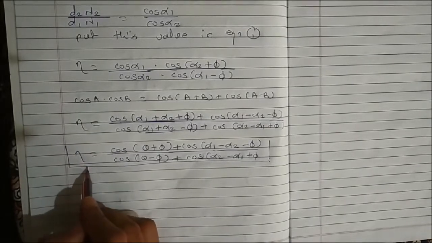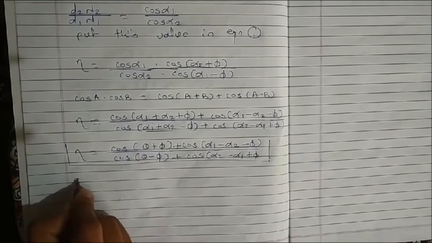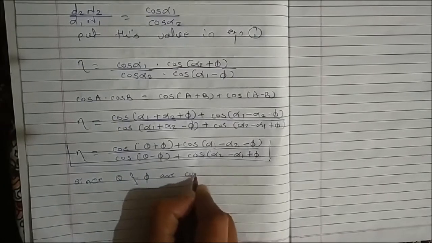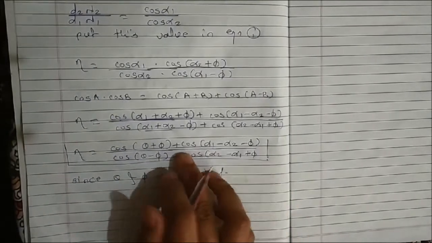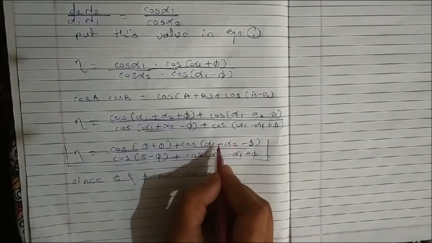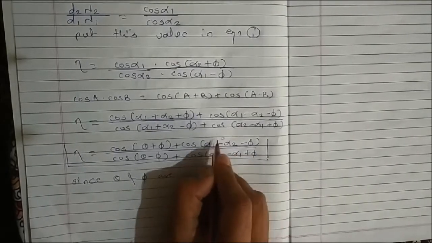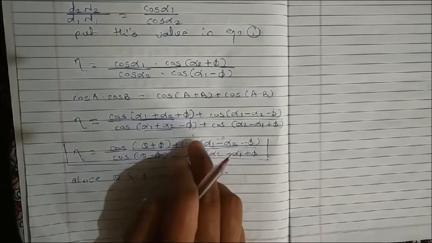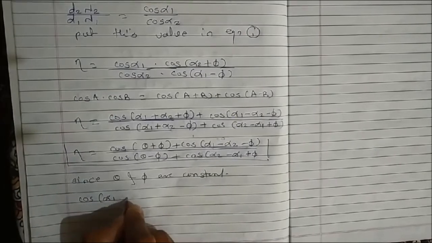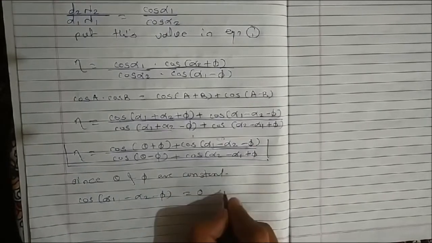Now let's just modify this equation for maximum efficiency of spiral gear. Since this theta and phi are constant, the efficiency will be maximum when this value becomes a maximum value, and when we equate this cos of inside bracket term equal to 0, then and only then we get one value. So let us say cos of (alpha 1 minus alpha 2 minus phi) is equal to 0 for